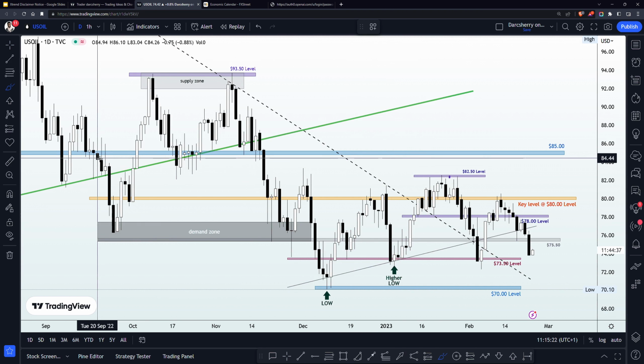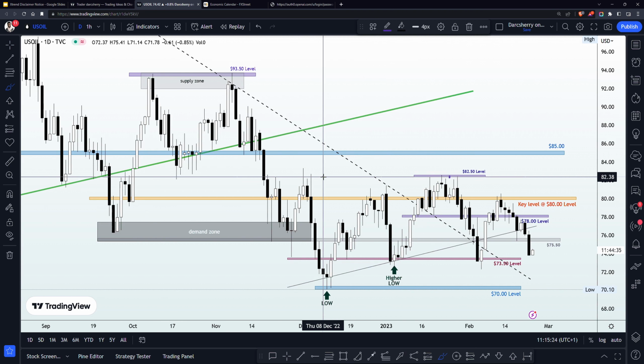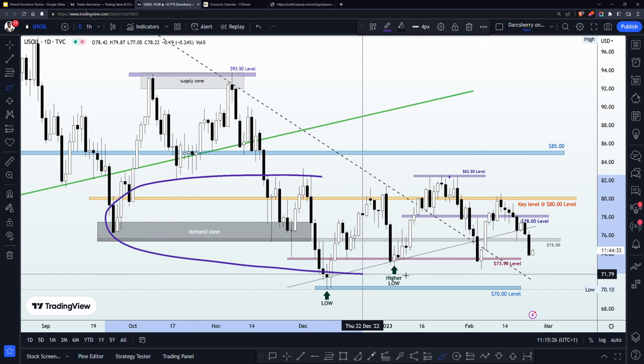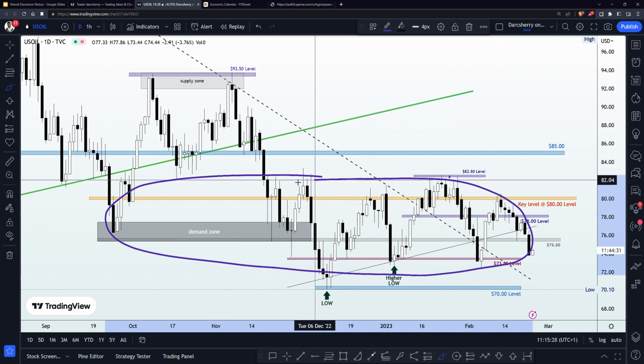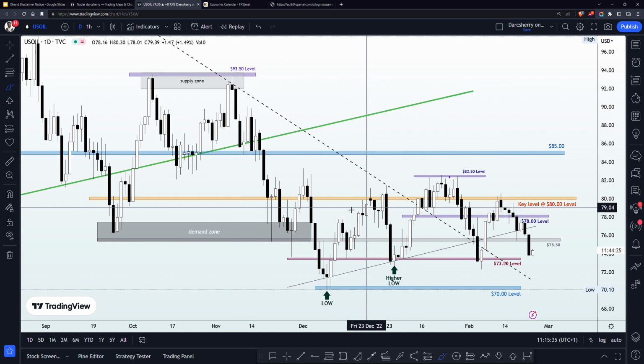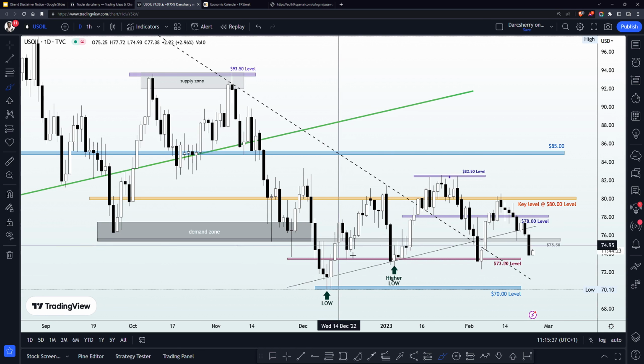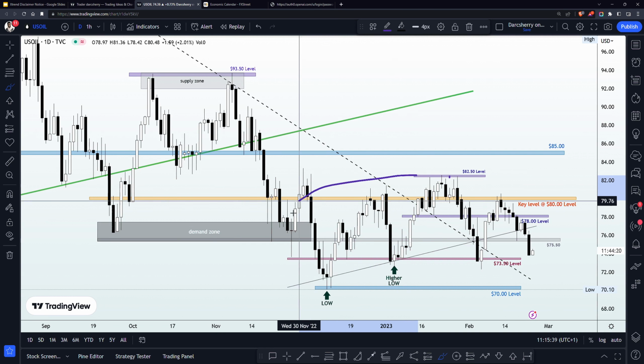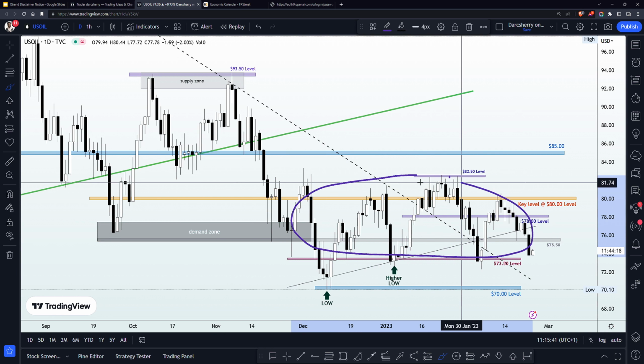And as you can see, what we have here, we have something around the $82.50 level and the $73.50 area, which has emphasized the indecision in this current market, as price action is yet to break out of the structure. So we have been trading within a range right now in the last couple of months.